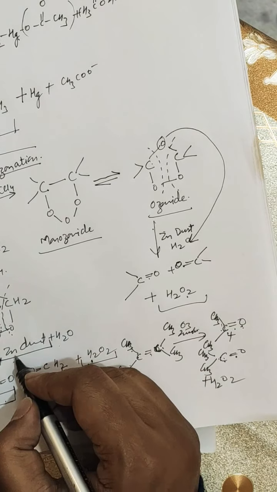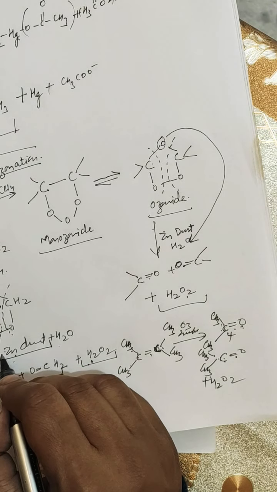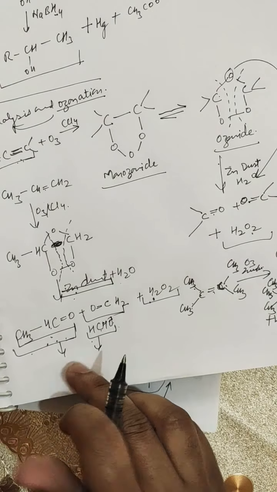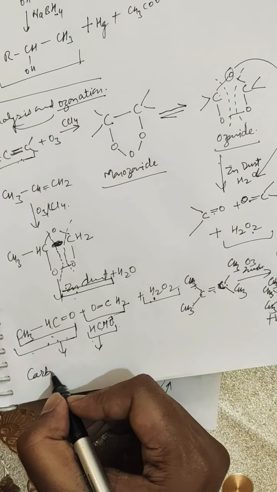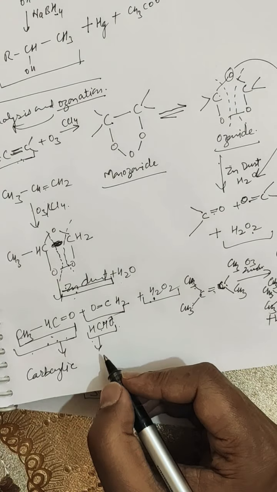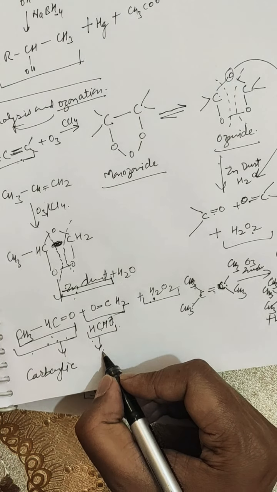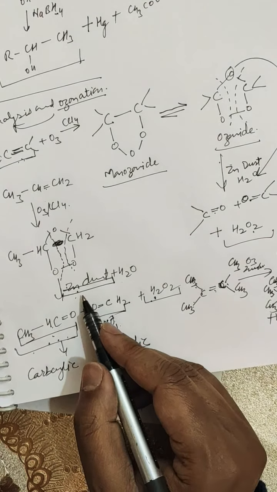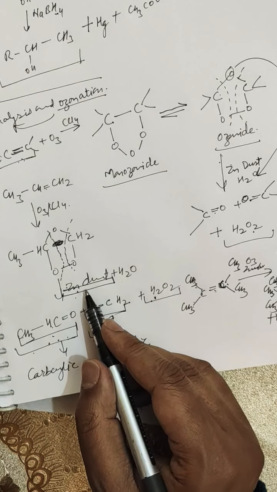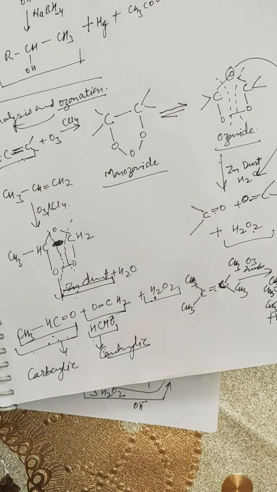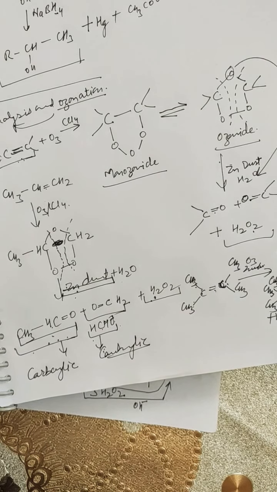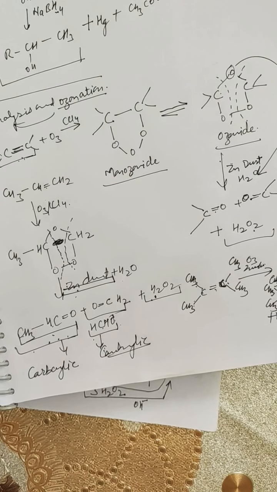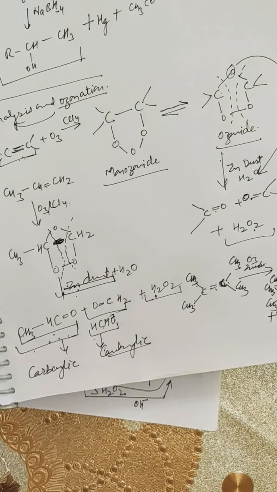If we do not add zinc dust to this reaction, then the products will be further oxidized to their respective carboxylic acids. You will study these oxidation reactions in your further classes, and the final products will be carboxylic acids if zinc dust is not added to the reaction. So always keep it in mind. Try to do more and more examples of these reactions. So it completes your first paper, that is 101 TH.